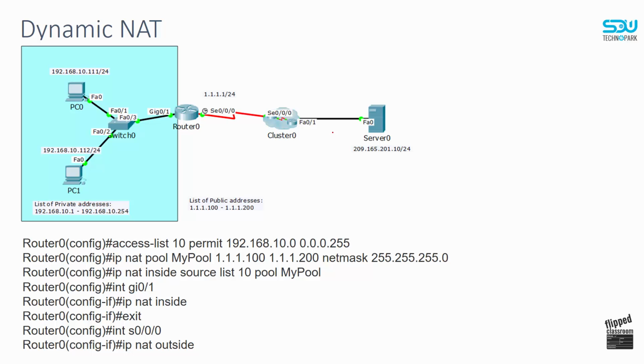Now it's time to speak about dynamic NAT. Dynamic NAT is the kind of NAT which makes translations of multiple inside local addresses to multiple inside global addresses. And previously your command was looking like this: IP NAT